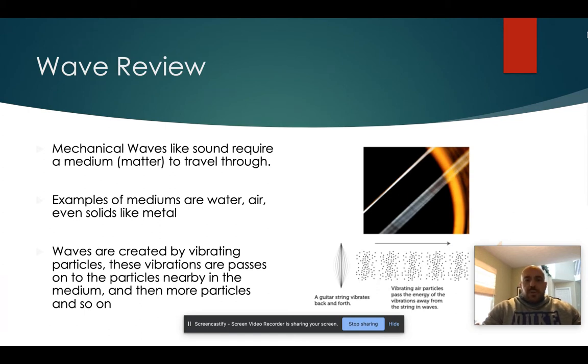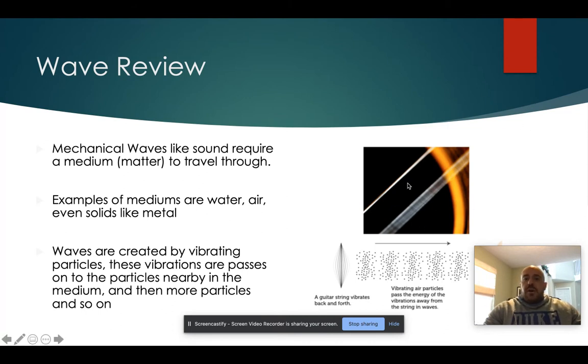So some things we really need to keep in mind are mechanical waves. Remember, waves that require a medium, something to travel through like air or water, things like that were our most common examples. Those kind of waves are created by vibrating particles. And these vibrations pass on to particles that are nearby and hit them. And then they start to vibrate and they hit nearby particles and those vibrate. And the next one, the next one. And eventually they hit your eardrum and that's how you hear it, which is kind of what you see in